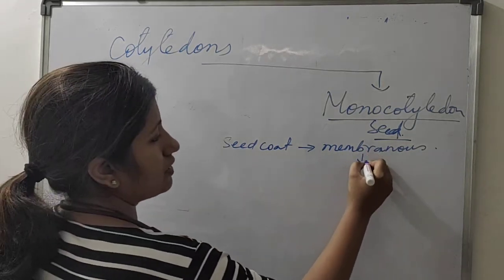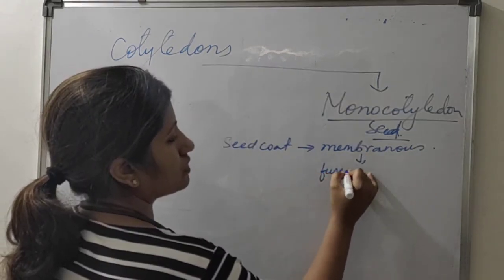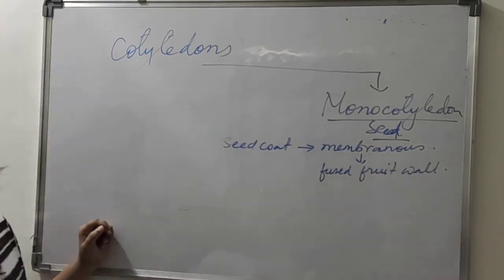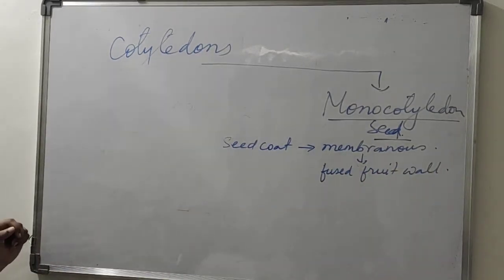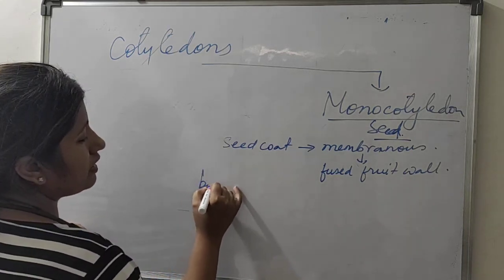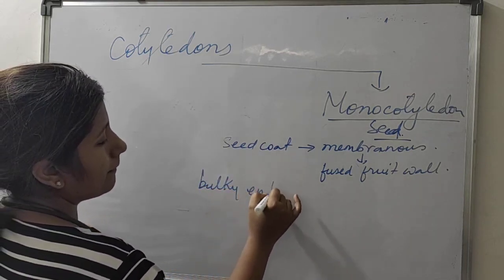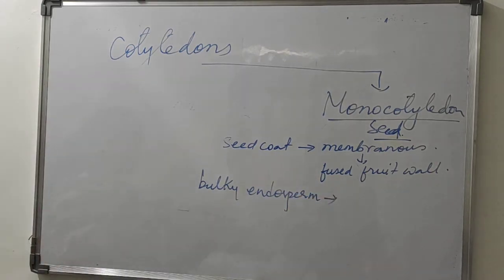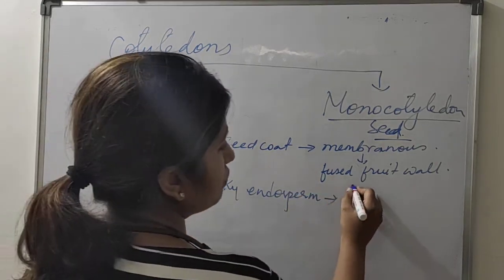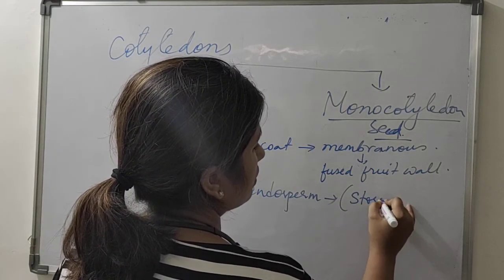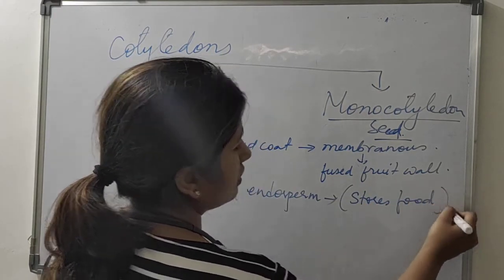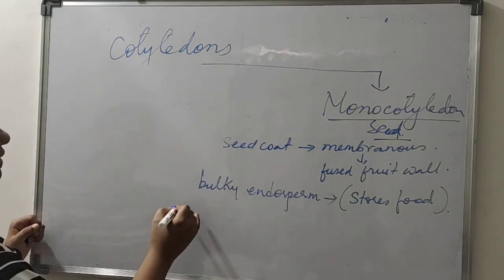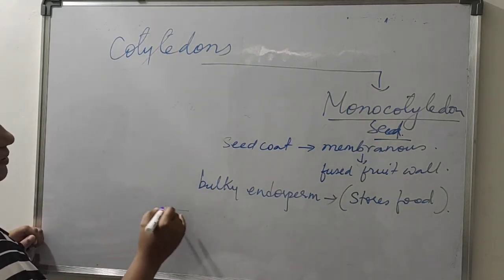And this membrane is fused with the fruit wall. It is joined with the fruit wall. And it has a bulky endosperm. What is endosperm? It is also a reserve food tissue, which stores food. Endosperm also stores food, and the cover of this endosperm,